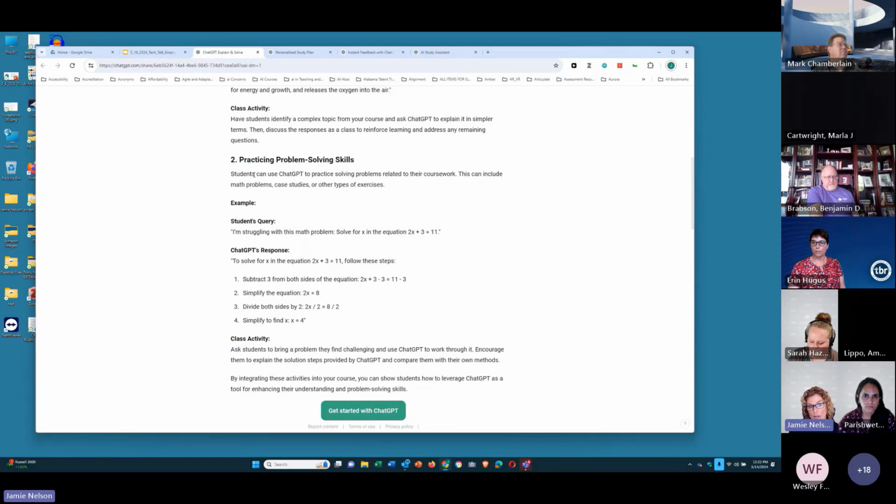Secondly, practice problem-solving skills. Students can use ChatGPT to practice problem-solving related to their coursework. So they're looking at a math problem here, and the student's prompt is, I'm struggling with this math problem. Solve for x in the equation 2x plus 3 equals 11. We're going to mention a little later on a new version of ChatGPT coming out, and they have a great example of this very thing happening between a student and the system. In that new version, which is being released, it's amazing how it will tutor them and walk them through each step. So here we're just having